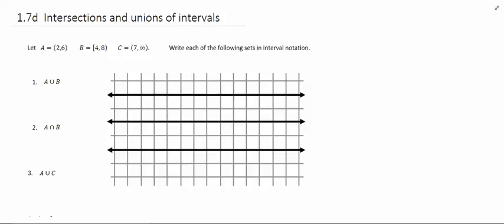Alright, so when we're working with intersections and unions of intervals, I actually think it's kind of fun because I get to do a little more drawing, and I kind of like the drawing thing. What I've created here is an easy way to graph intervals, but I've stacked them on top of one another. And here's what I'm going to do. I'm going to go ahead and